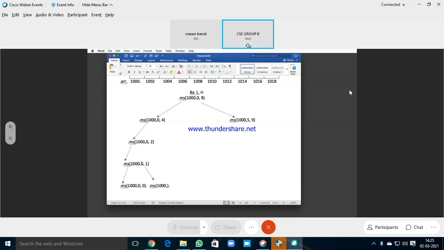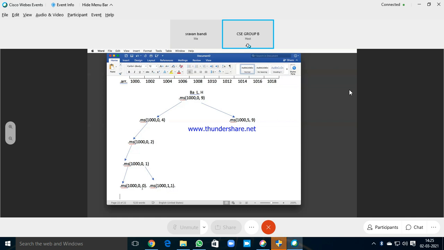With this particular function, what is mid plus 1? Mid is 0, right? What is mid plus 1? It is 1. And what is high? It is 1. 1, 1. So here also we found a single element. Here we have found a single element, the first element, and here we have found the second element. Now we have two singleton elements: the first element and the second element.